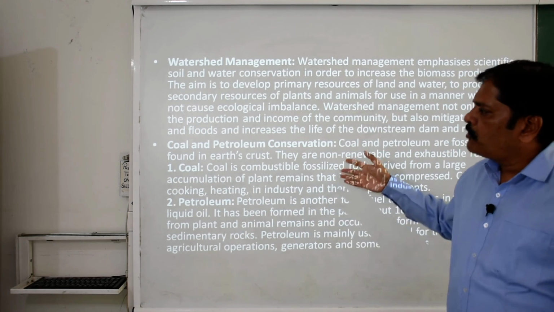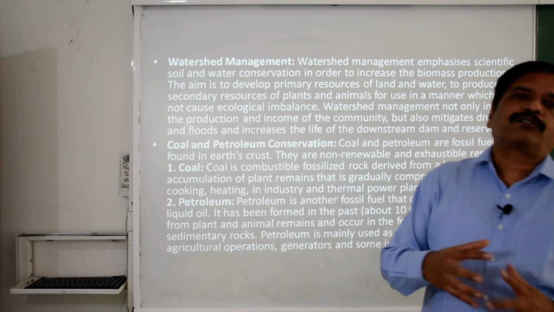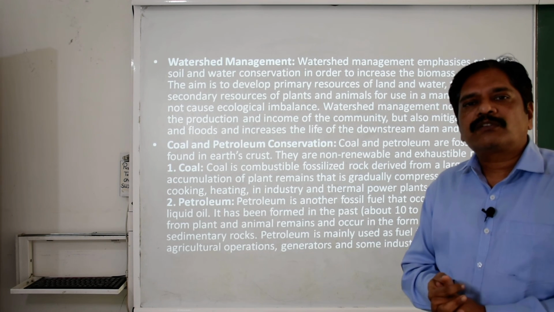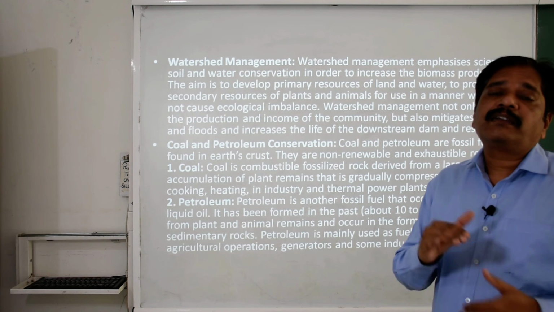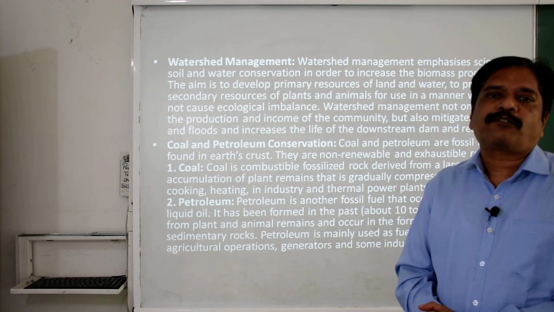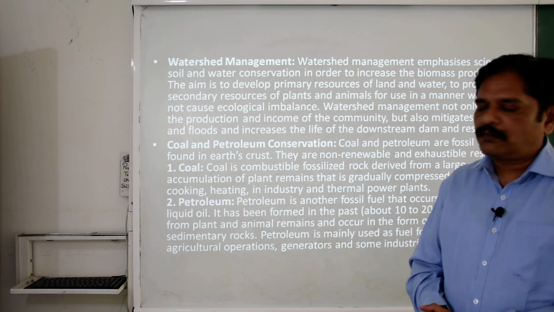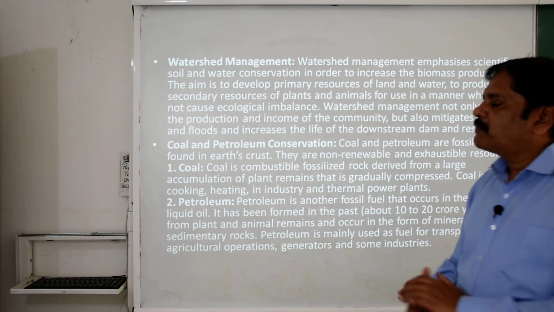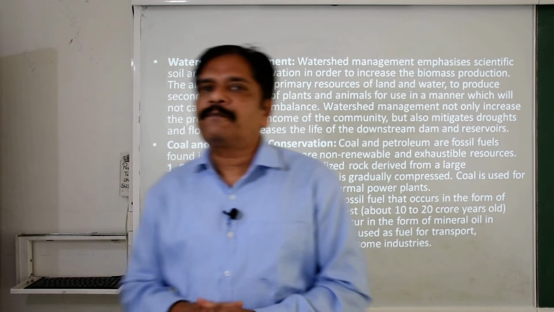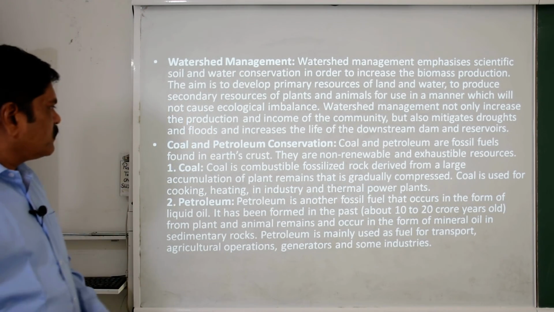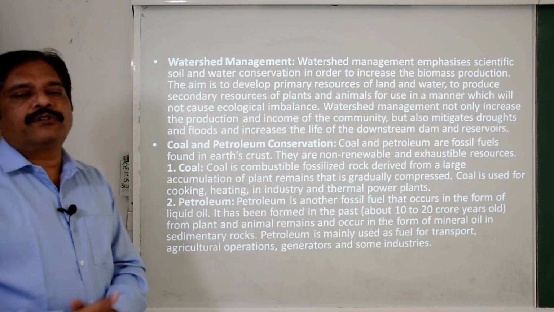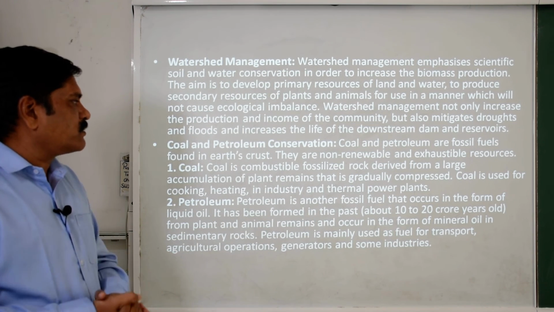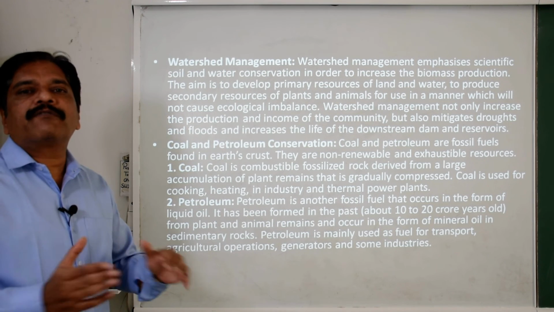Now we are moving toward the next natural resources which are exhaustible, that is coal and petroleum. You know that these are exhaustible. They are limited, and it takes crores of years for their formation or production. Clear? You know that both are combustible and the main fuel for the modern era. Coal is produced by the accumulation of plants and forests under the ground surface, and it is a power bank for the industries.